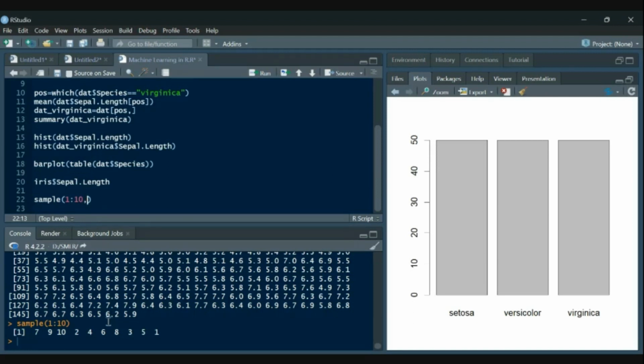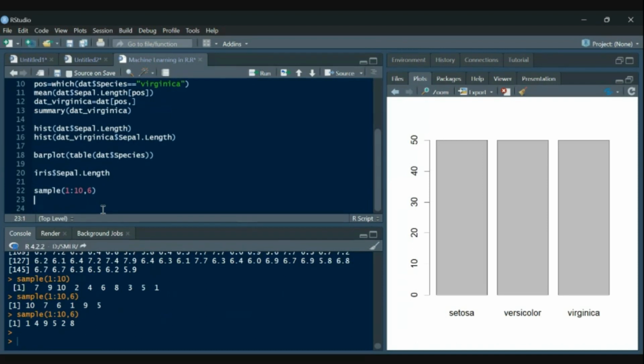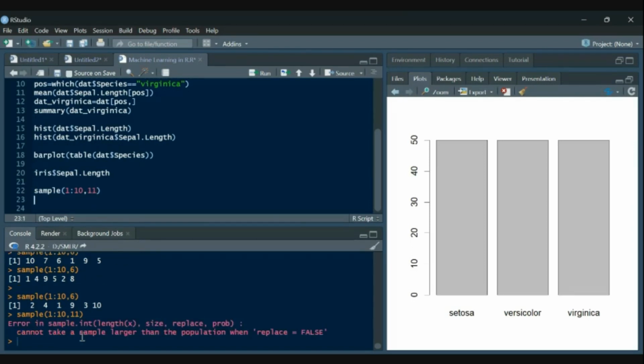If I want a sample of size, let's say 6, it will give me 6 values selected randomly. If I run it again and again, it will give me different values. So this is simply choosing 6 values at random from 1 to 10. Now what if I want 11 values out of this? It will say it cannot take a sample larger than the population, unless replace equals false.